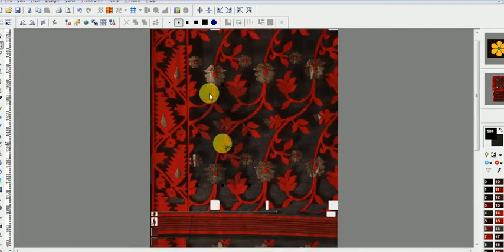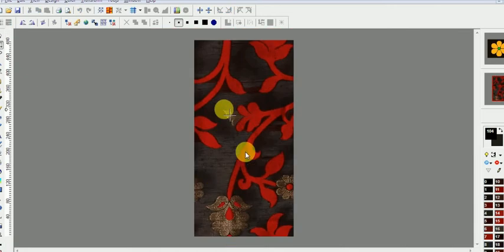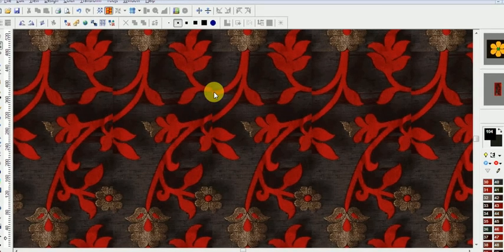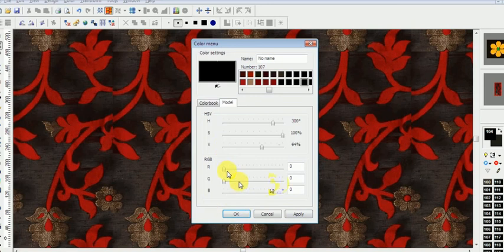I am cutting this exactly with the repeat. See here some change, some mismatch, so I can match it with editing. This flower I can cut and lift up. I can do that.